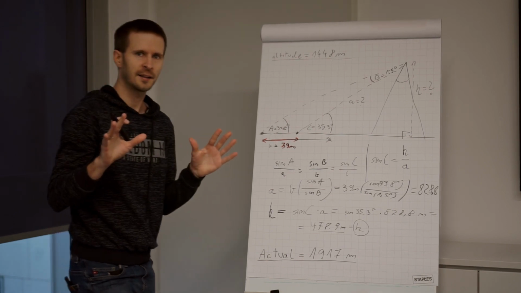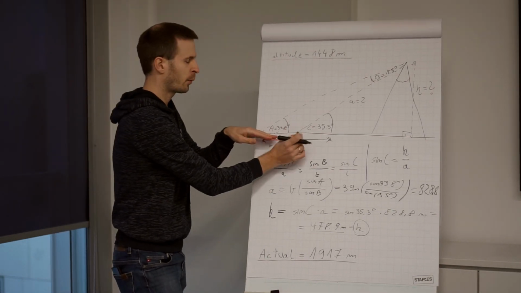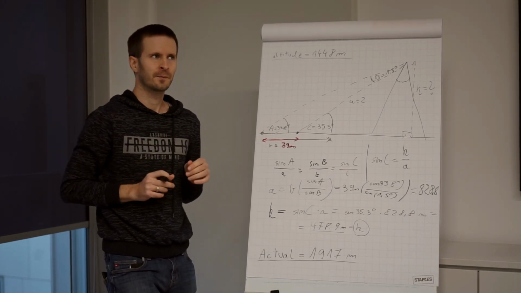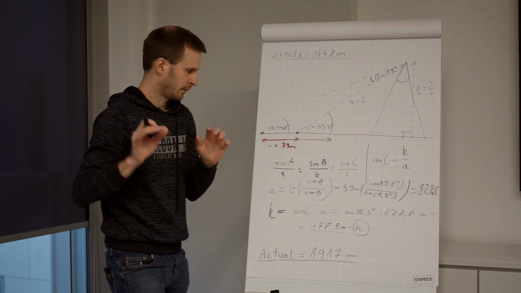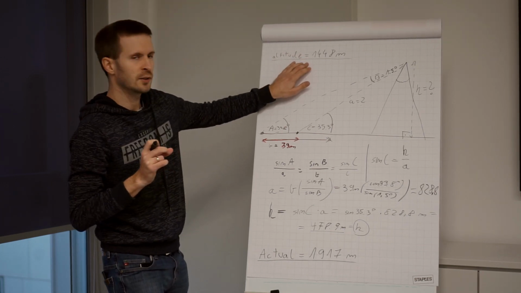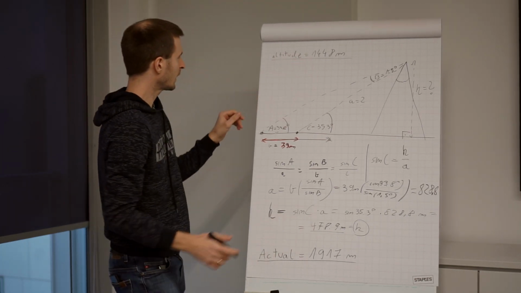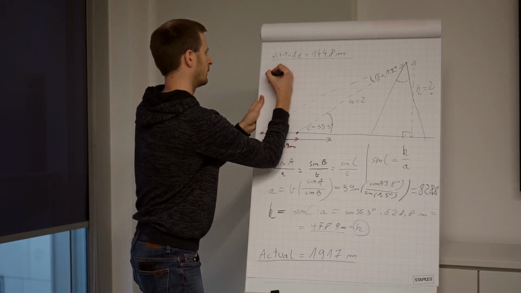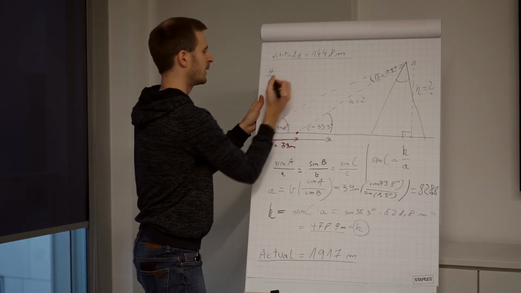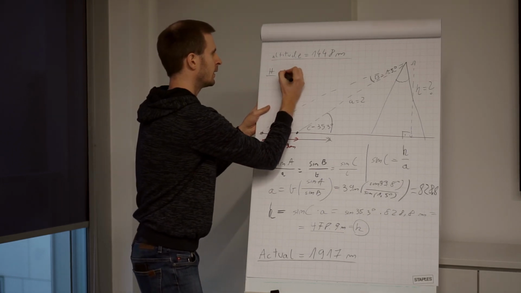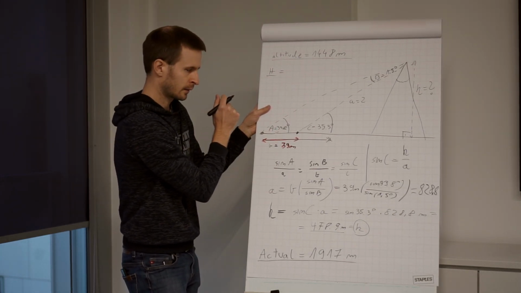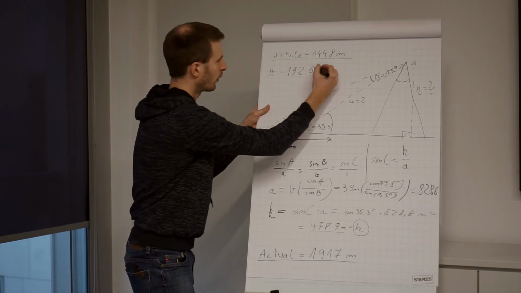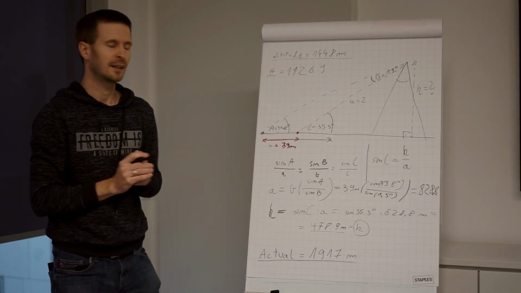So we know how high the mountain is from the standpoint of my measurements. So now, in order to get the absolute altitude above the sea level, we have to just add this altitude here to this. And if we do that, the big H, let's call it a big H, is equal to 1926.9 meters.